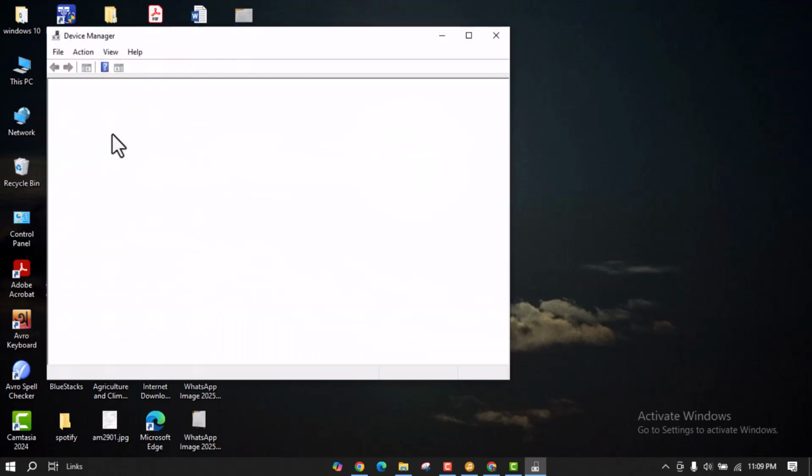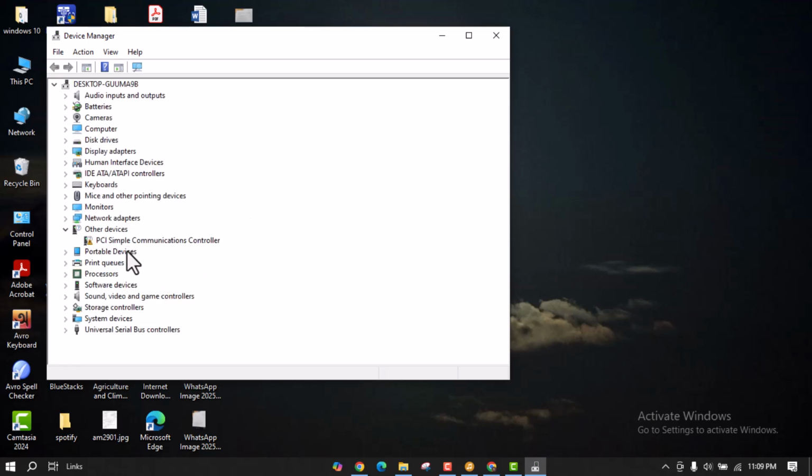Once you are in your Device Manager, here you will find the option of sound, video, and game controllers. Click on it, and here will be two options: high definition audio device. Just head over to any one of them and right click on it,